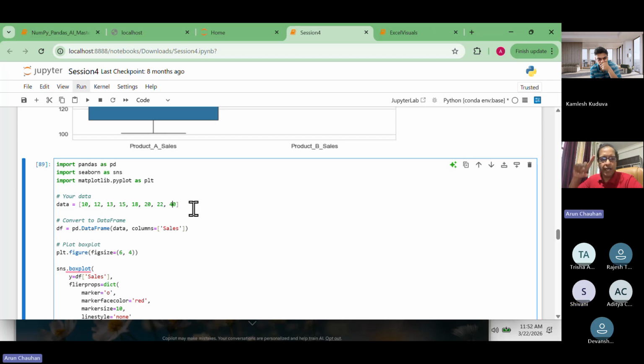So what actually happens when you are dealing with data? Such kind of data will be given to you. When you are analyzing, if the data set is small, you will be able to understand, okay, this is an outlier. However, in the computation world, you will be dealing with thousands, millions, lakhs of rows. So it is very difficult to go through each and every line and understand where there is a challenge. So using a box plot,